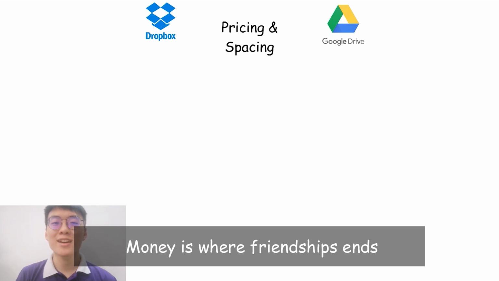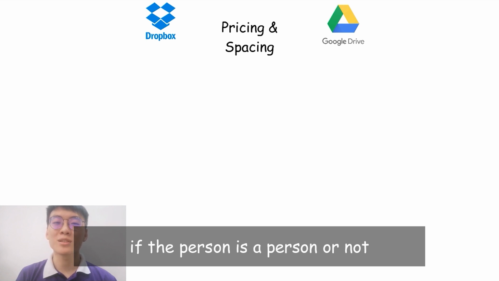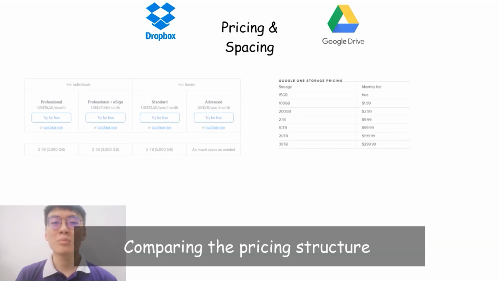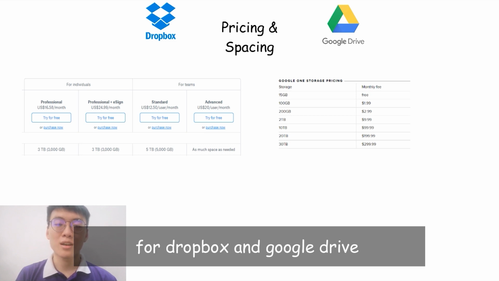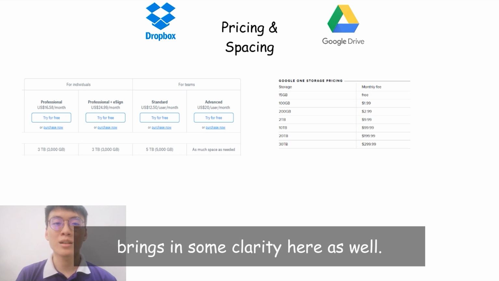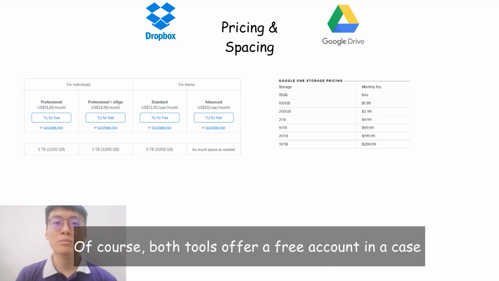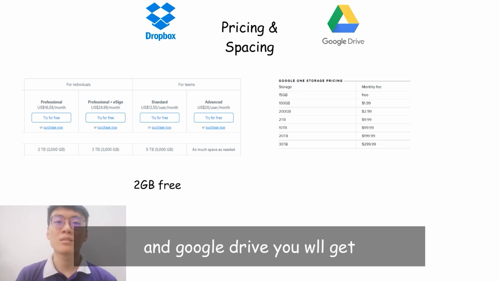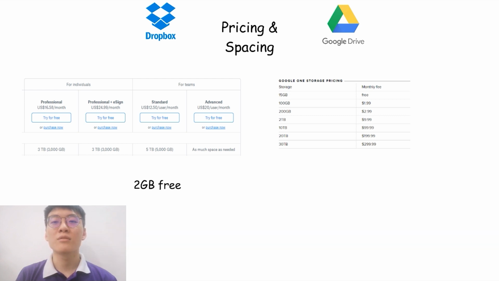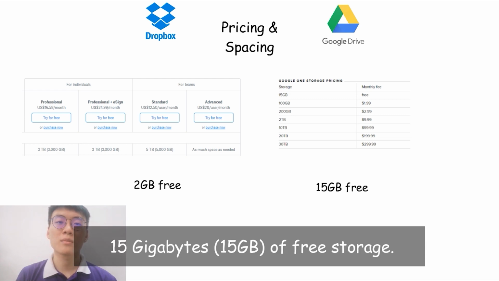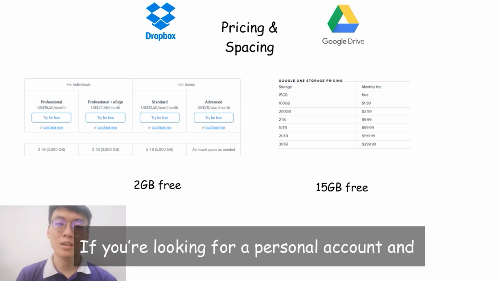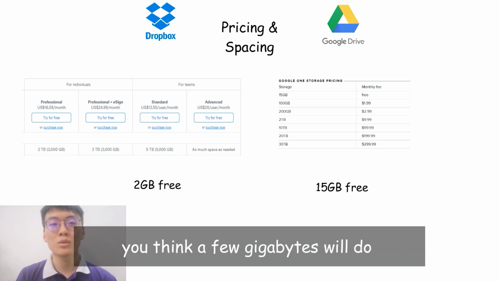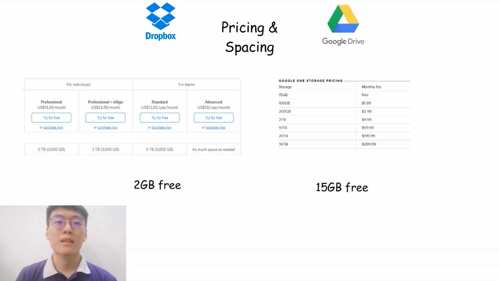Money is where friendship ends, or at least where you really know who a person is. Comparing the pricing structure for Dropbox and Google Drive brings some clarity here as well. Of course, both tools offer a free account. In the case of Dropbox, you will get 2 GB for free, and with Google Drive you will get 15 GB of free storage. If you're looking for a personal account and you think a few gigabytes will do the trick for you,